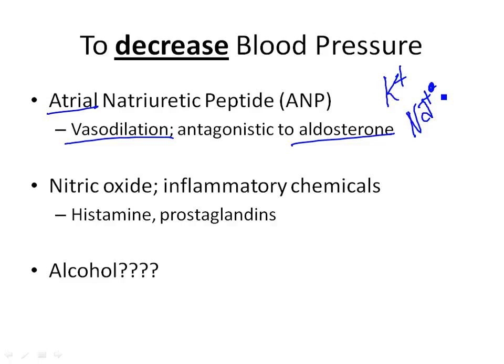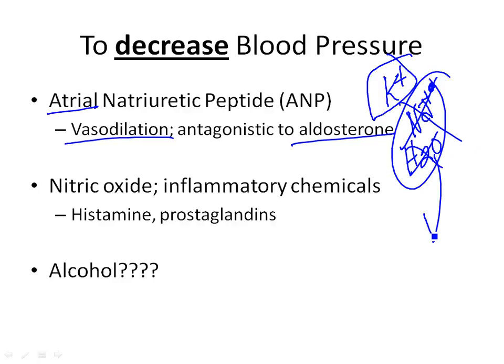So if we're keeping potassium, excreting sodium, what did we say about sodium and water? Where sodium goes, water goes, so we're going to be urinating out lots of sodium and lots of water. So what's happening there? Blood volume is decreasing. When blood volume decreases, blood pressure decreases. All right, the next ones we want to talk about just briefly are going to be responsible for